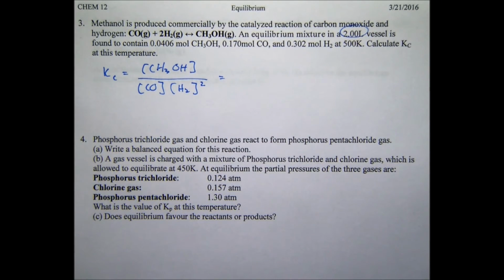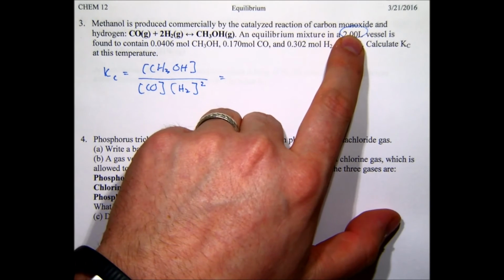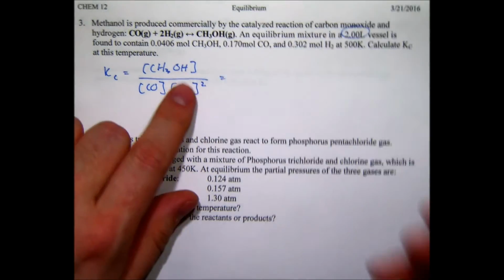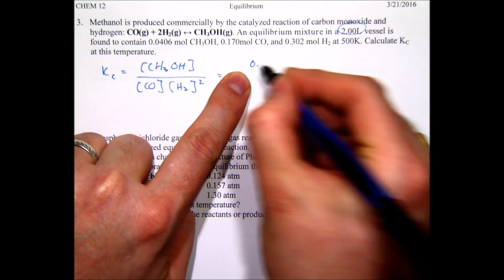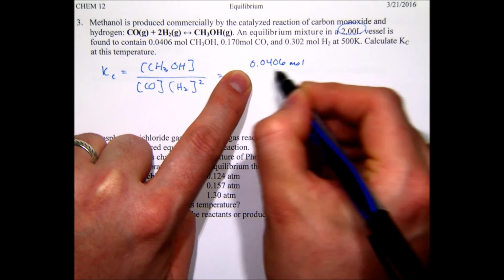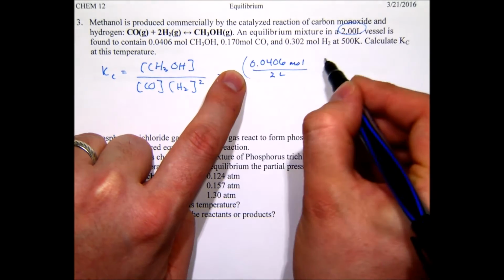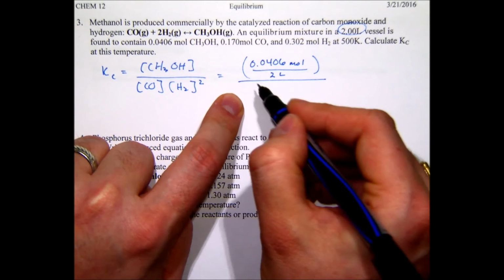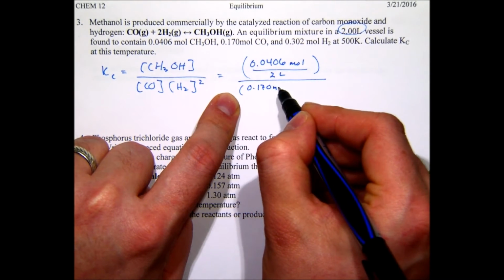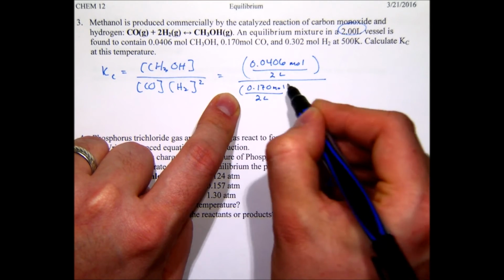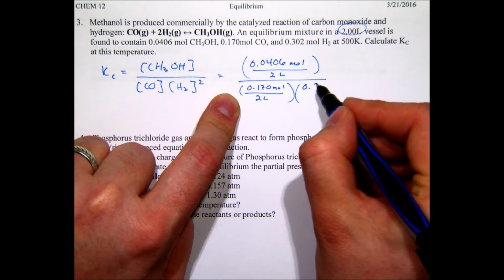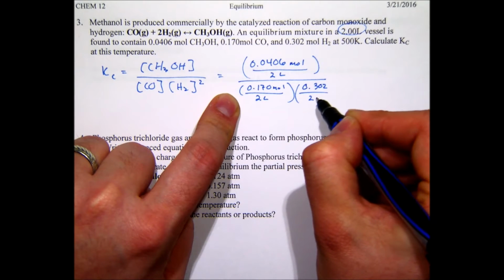So we have moles listed, and then we have the volume that they're contained in. So we're dealing with concentration, so that does matter. So we have 0.0406 moles in a 2-liter flask, all over 0.170 moles over 2 liters for carbon monoxide, and then 0.302 moles over 2 liters